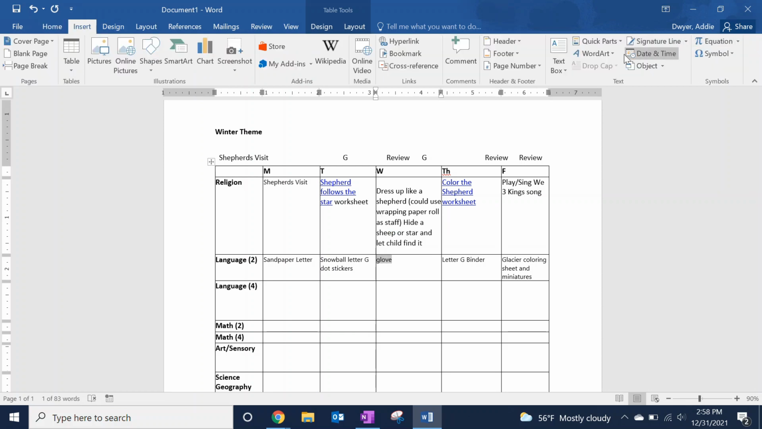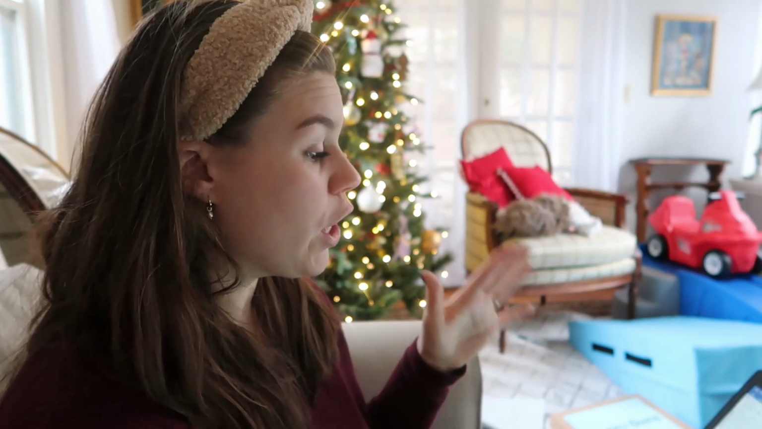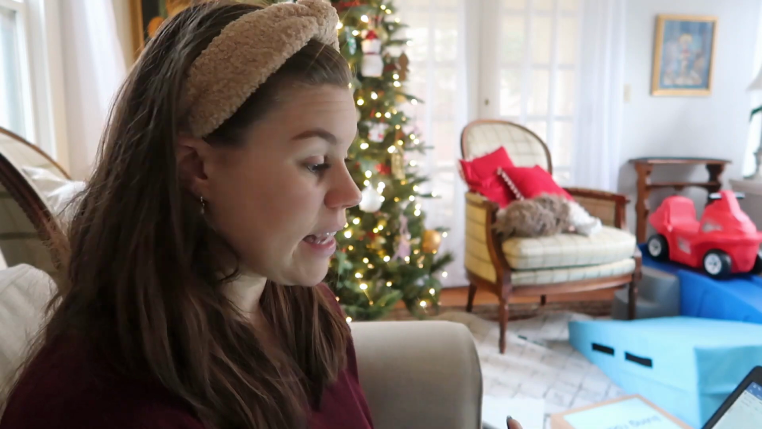Insert. I'll do a link, if I can find a link, and add that. So once I have that, I will just keep going throughout for language, math, art, sensory, and science, geography. So the next thing I need to do is get some language stuff for my 4-year-old, and I am going to do